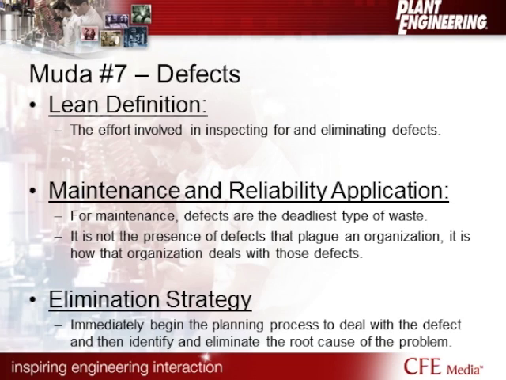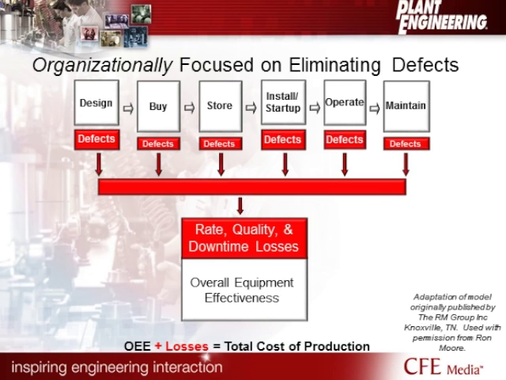Now we'll move on to how those defects get introduced, and I'll take you through this very quickly. So if you look here, this is a great graphic, originally put out by Ron Moore, and you can find it in his book as well. But he's showing, as an asset is created, all the different levels and where those defects are introduced. Now today I'll just point out 3 areas here. We've got defects in design, we've got defects in install and startup, and defects in operate. You notice those are a little higher than the other areas.